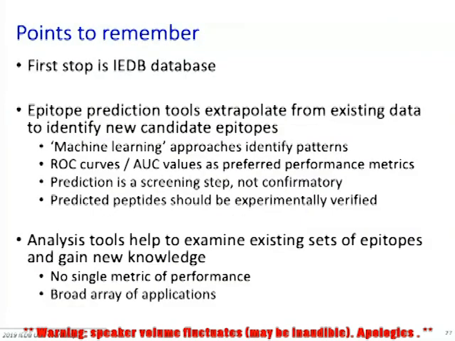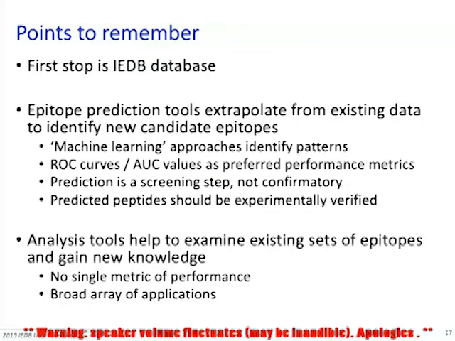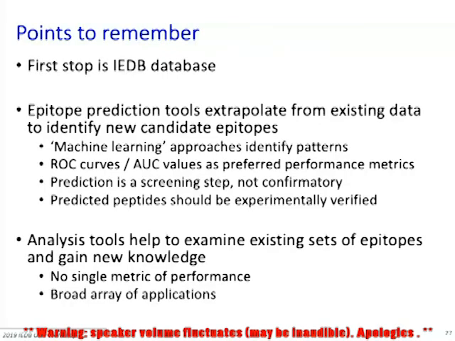Yeah. So that's a quick overview of the tools and analysis resources that are available. A couple of points again to remind. First off is the IEDB database and the tools, and if you want to study further, come to the prediction tools and go to your prediction. Epitope prediction tools extrapolate from existing data. So we use the experimentally derived data and develop models and use that to predict new epitopes. And the machine learning approaches, as I mentioned before, using these different machine learning techniques, we identify different